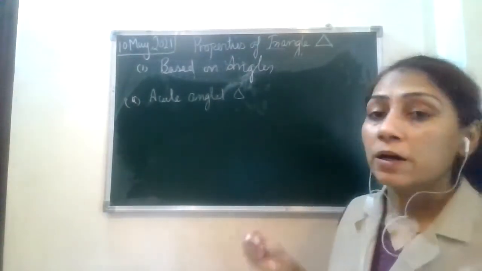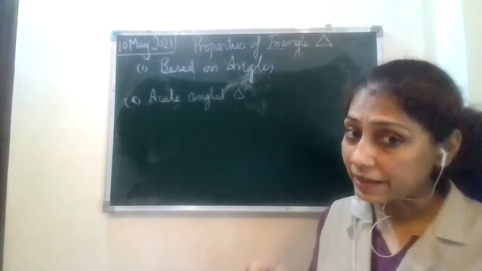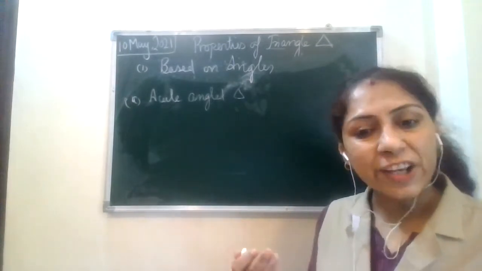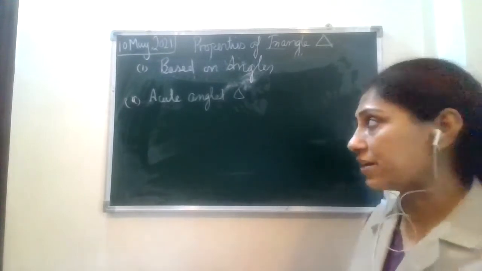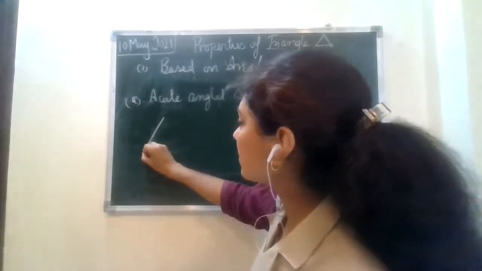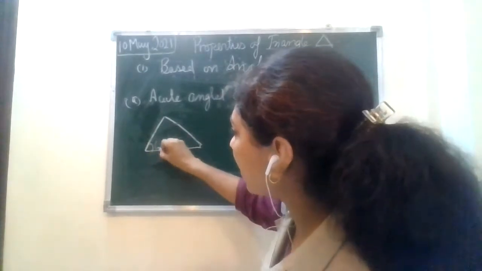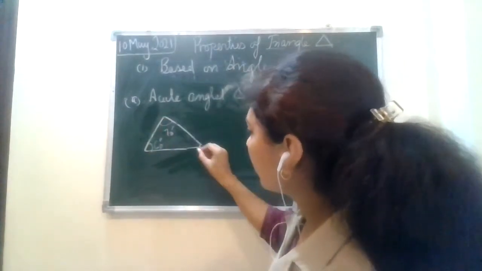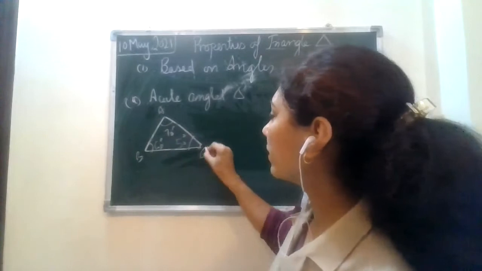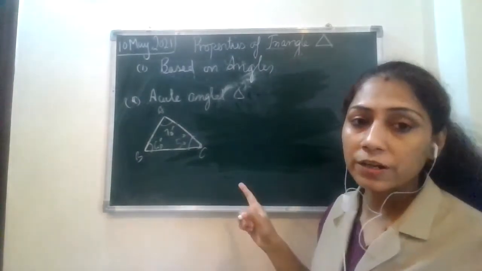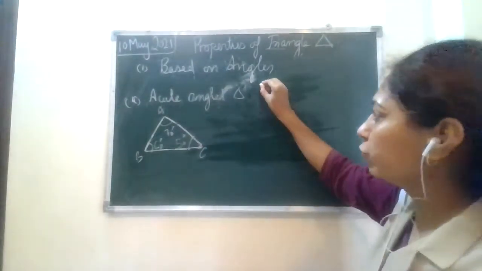In this acute angle triangle, all the angles are less than 90 degrees. Mark my words, acute is less than 90 degrees. So the figure will be something like this. If this is 60, imagine this is 70, and this is going to be 50. I'm going to tell you one thing to note down. The way I am noting it down, these angles, I will ask you one thing and you need to muse upon it. So go carefully.